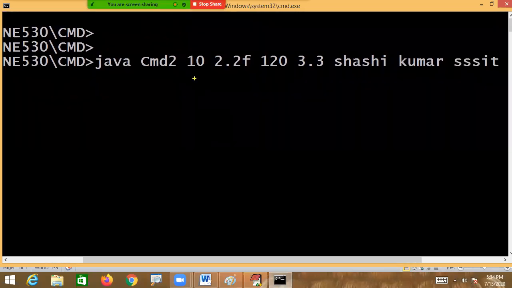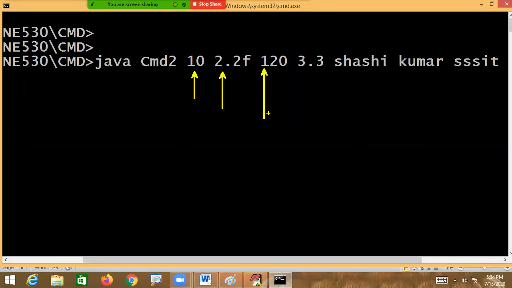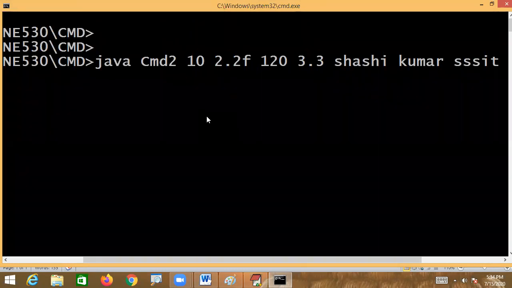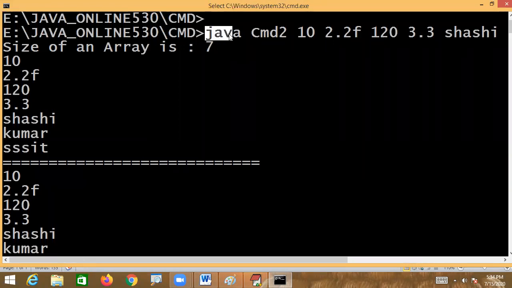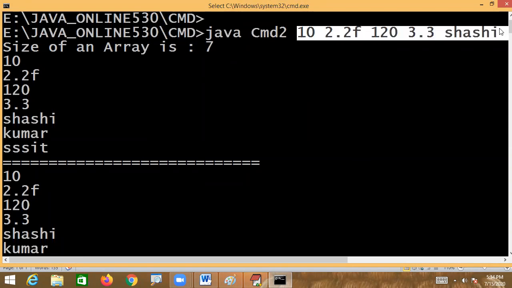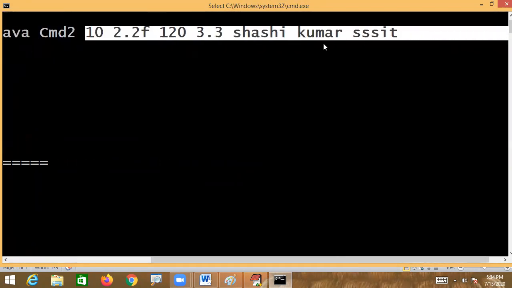Each value goes to aux of 0, aux of 1, aux of 2, up to aux of 6, and all these values are stored into the aux array. When you press enter, you get all those values again. That is what I said: we can pass n number of arguments of any type, separated by a space.